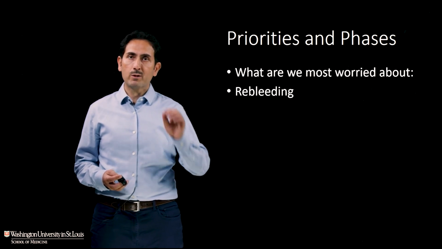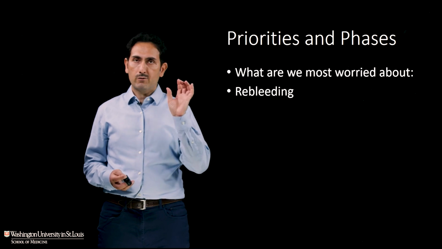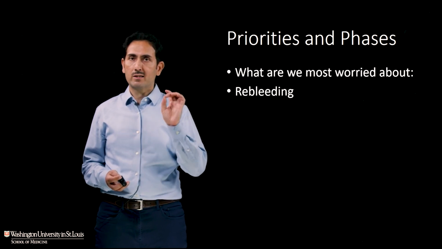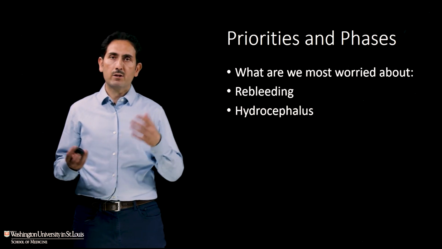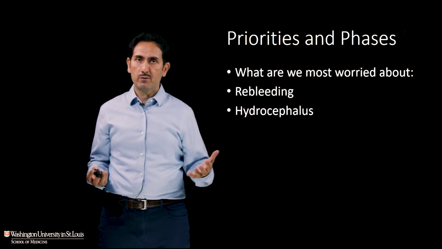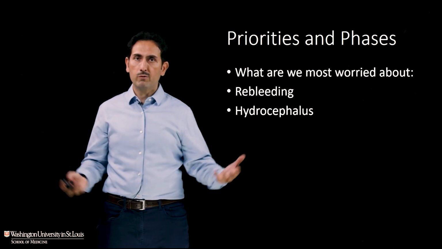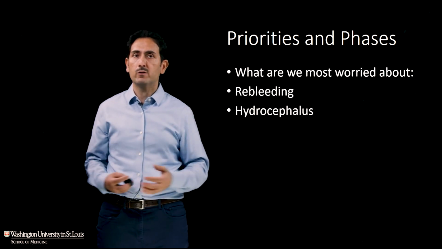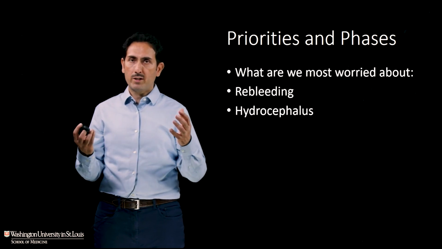And so finding the aneurysm and treating the aneurysm, and this is most acute in the first day. So that first 24 hours, even the first few hours is key. Most of the rebleeding occurs within a few hours. And then there's hydrocephalus. Hydrocephalus means buildup of the fluid within the ventricles of the brain. That's because the blood is blocking the normal flow of spinal fluid because the blood is in the spinal fluid. And so it's important to look on your CT scan for enlargement of the ventricles.